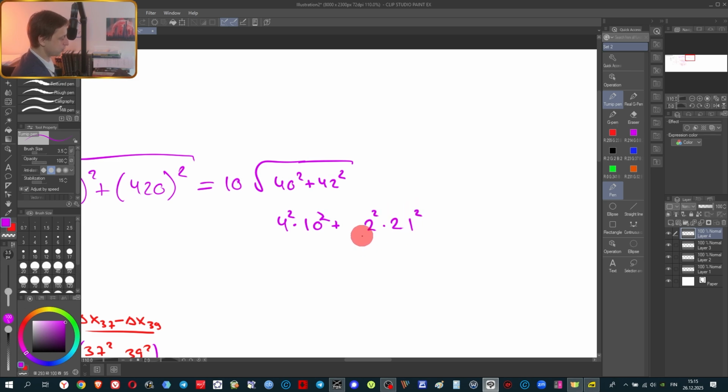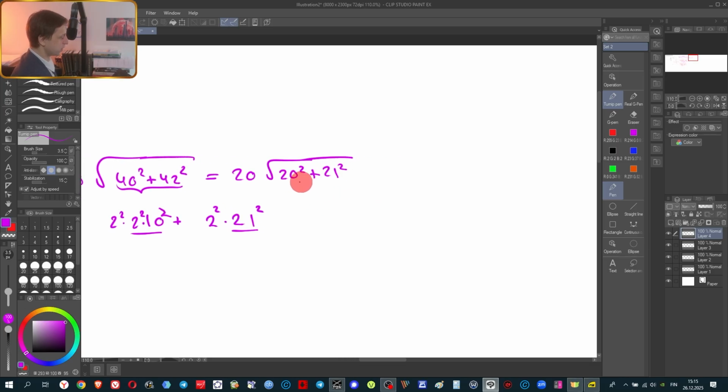Well, unfortunately, we can only factor out 2. So here, 40 squared, I will represent as 2 squared times 2 squared, because it's 4 squared times 10 squared, and 2 squared can be factored out of both of these, and 2 will appear here. So it will be 20 square root, 2 squared, maybe we will leave it like this, 20 squared. This one is 20 squared, and this one is 21 squared. Unfortunately, nothing can be done here more, because they don't have any other common factors, and we need to simply add